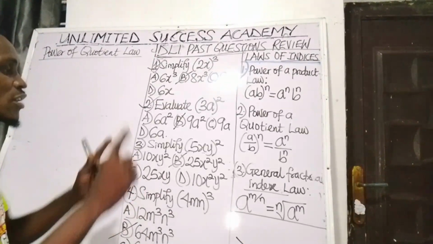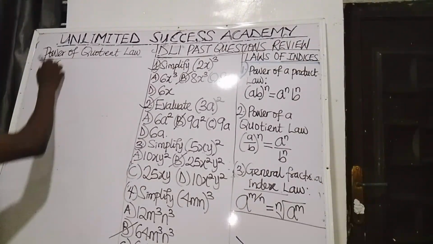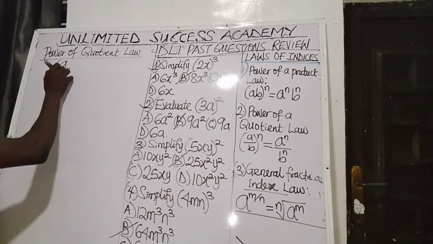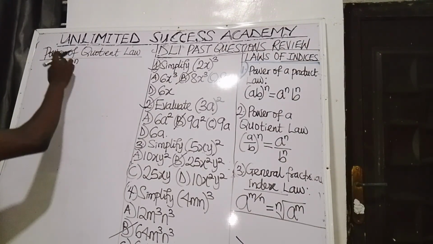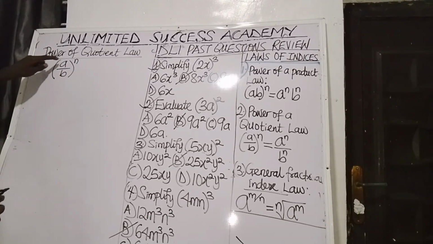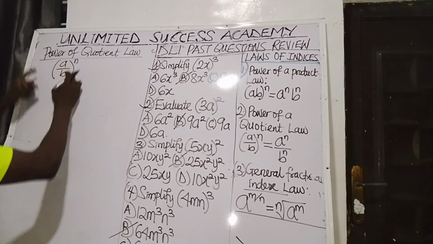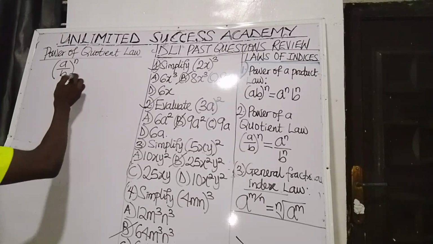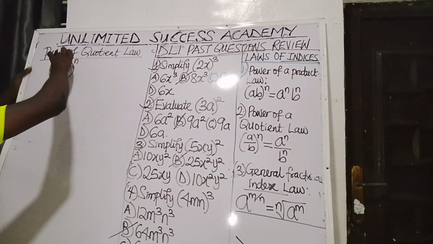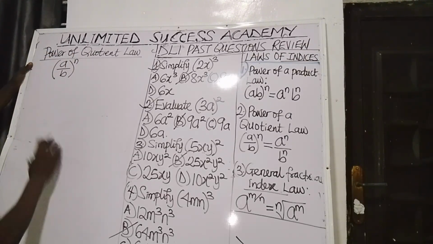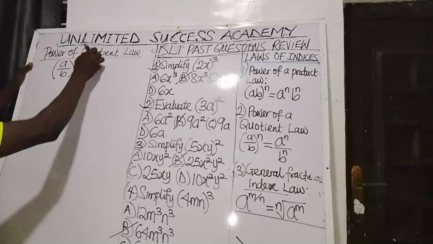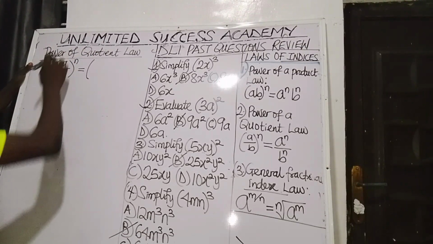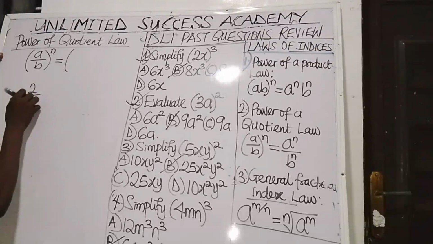That is when you have a fraction inside the bracket. I have open bracket a over b, close the bracket, raised to power n. A fraction is when two numbers are divided inside the bracket and the bracket has a power. Now the power of the quotient law says that whenever there is a fraction inside a bracket and the bracket has a power, whenever two numbers are divided, for example, let's say I have 2 over x